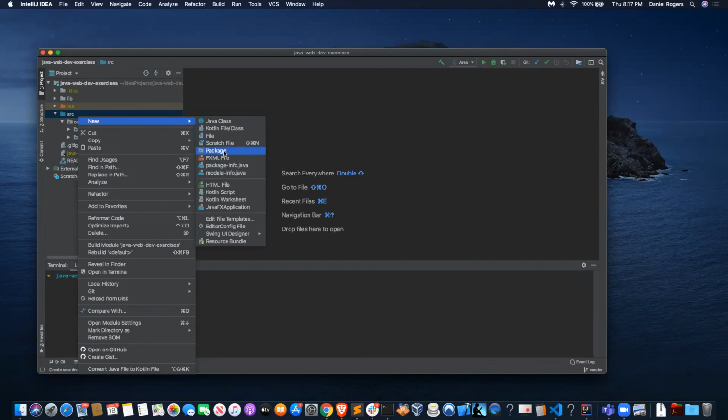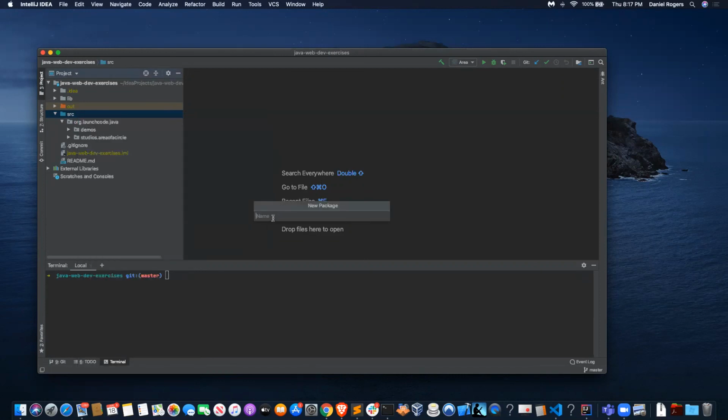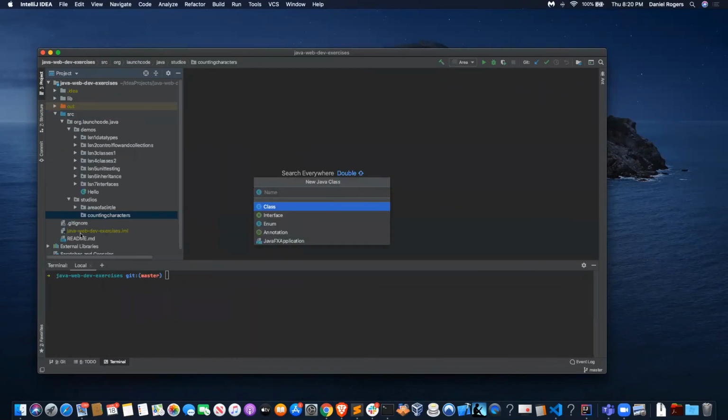Package, yeah. And then if you name it, you start with org dot launch code dot java dot Demos. Yeah, they had a demos folder here. Well, no. That's interesting. And you can name it